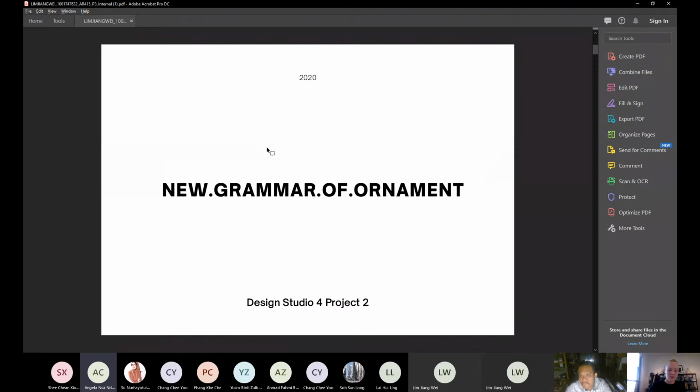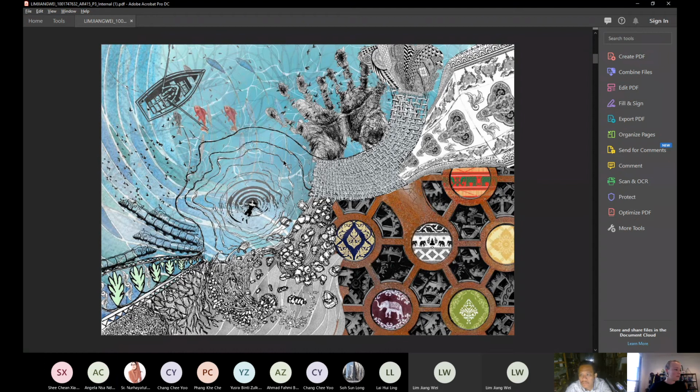So let's start from the new grammar of ornament. I found the new language of ornamentation is the meaning behind it. From the research of textile I did, the inspiration for this abstract art comes from the meaning of textile patterns, for example natural flora and fauna, social culture, historical custom, religion, belief, and aesthetic concept, which have deep cultural connotation and spiritual meaning.